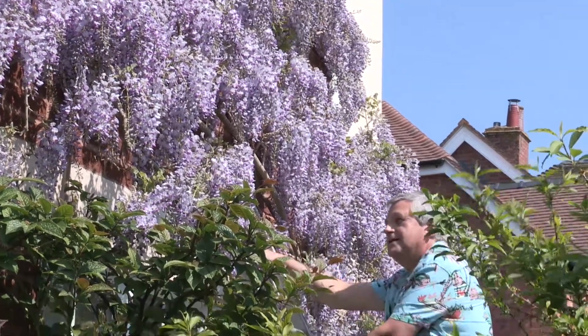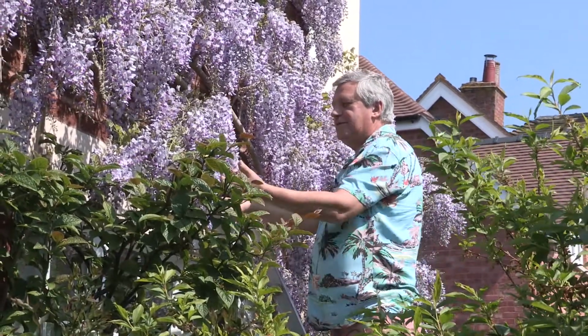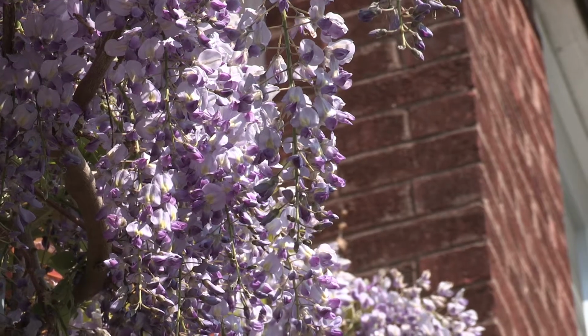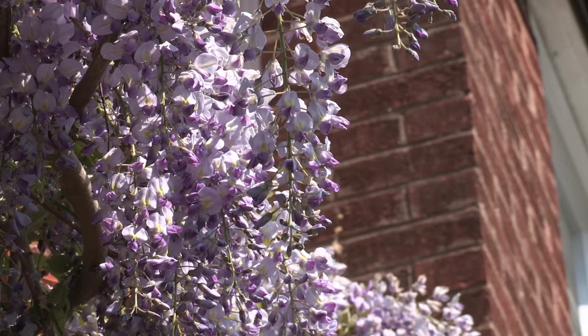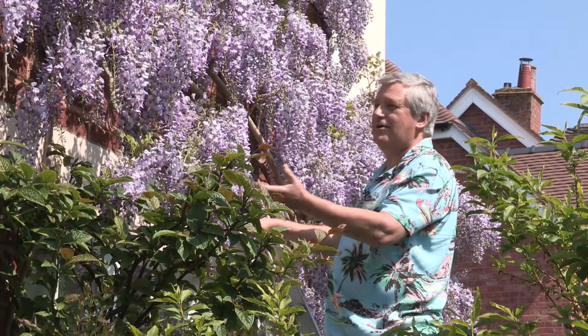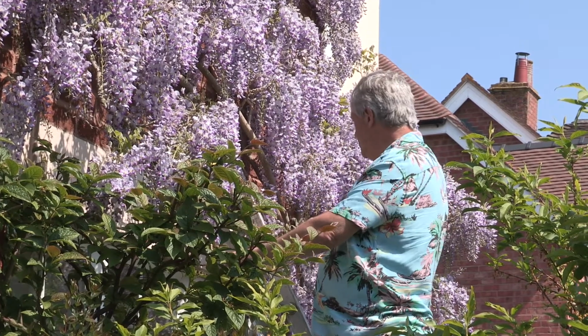So here we are in the front of the garden. You see the fantastic Wisteria in full abundance of flower. It's been a particularly good year for Wisteria this year. This one has been in for probably about 20 years now, and what we try and do is to train